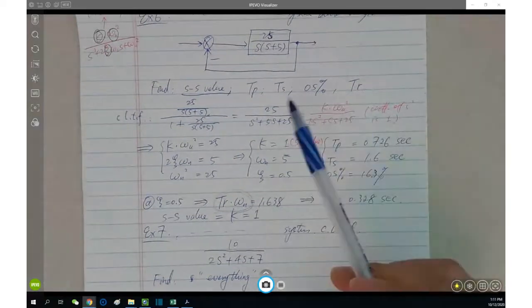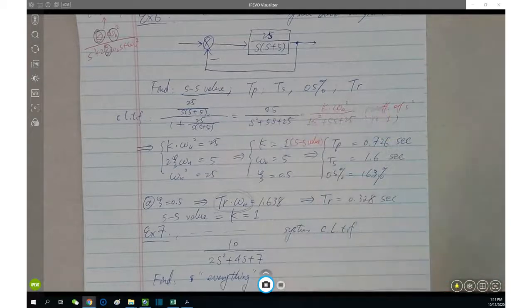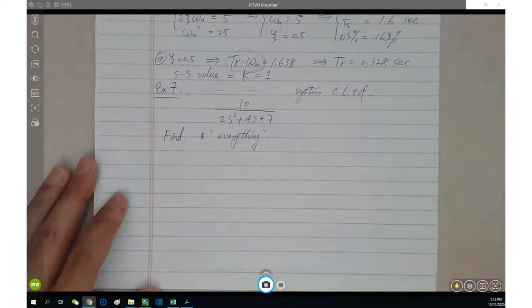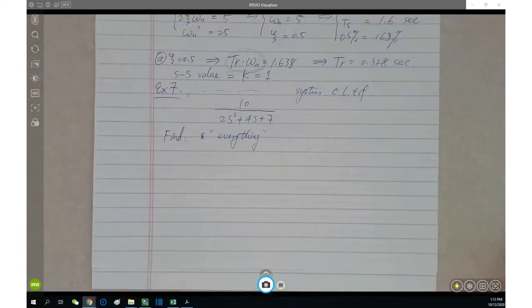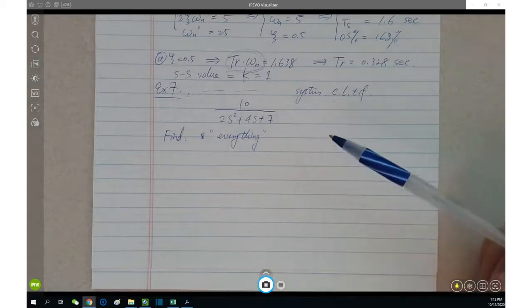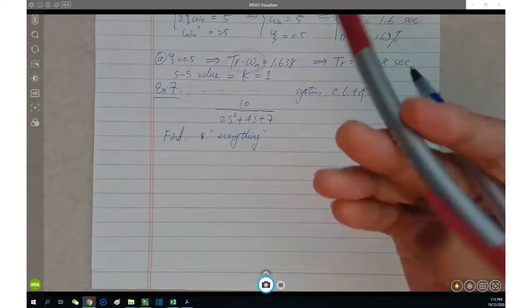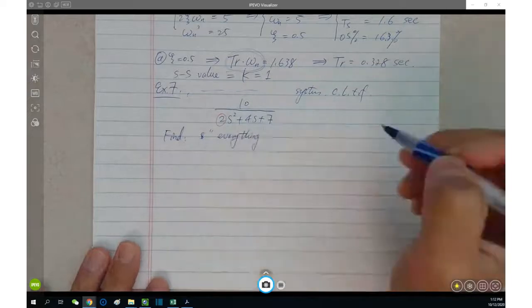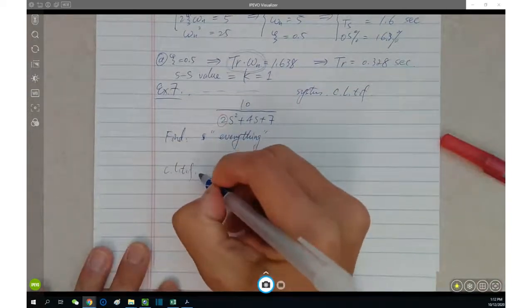So this is the so-called everything: steady state value, TP, TS, TR, and OS. Doing all of these over, for example, example 7. Once again, first of all, the closed loop transfer function is given as this. And then what do we see? A non-unity coefficient of s squared in the denominator. So obviously this is not okay, and the closed loop transfer function needs to be reorganized